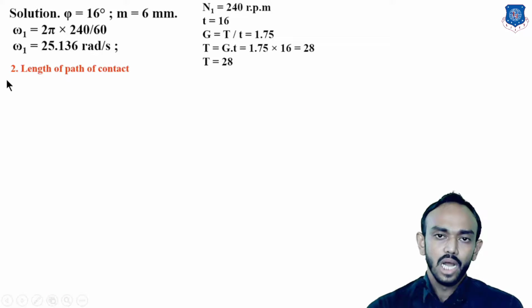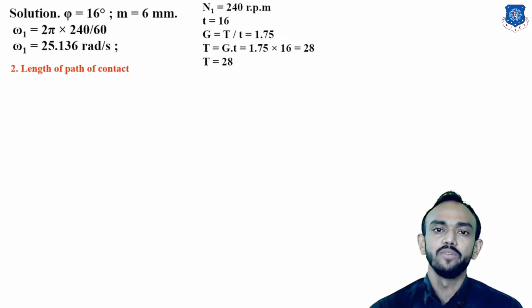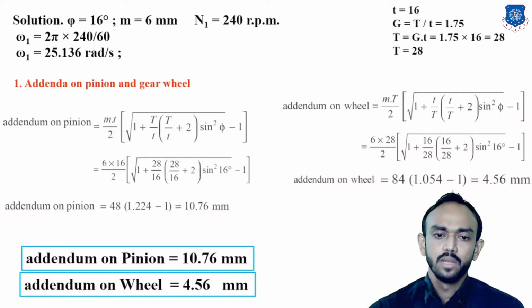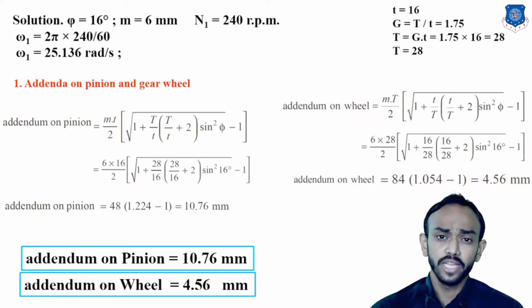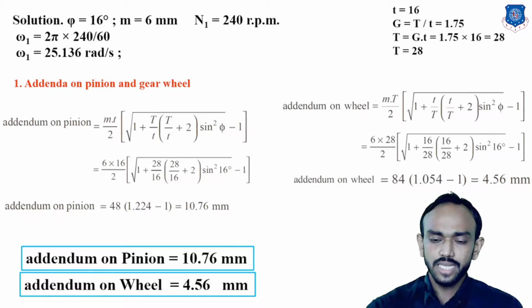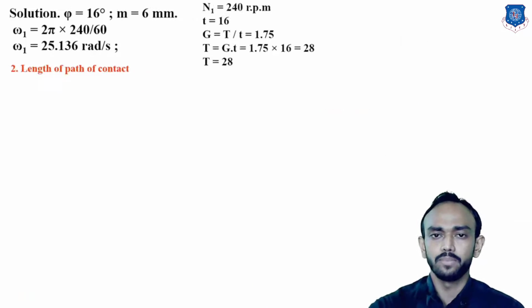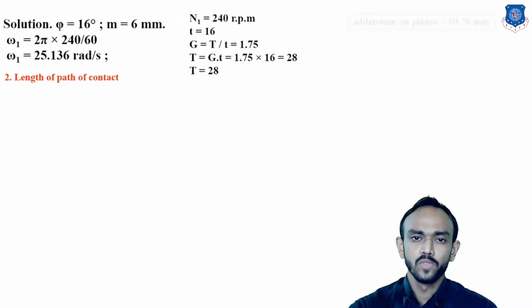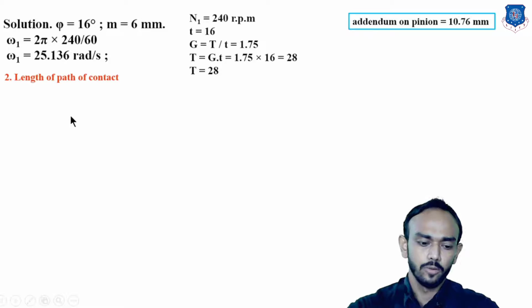So first of all, up to this point our example is new. Now the same procedure will be followed: KP, PL, KP plus PL, arc of contact, contact ratio, angle turned by the pinion. All other data can be asked, because this is the new portion in interference. After that, all examples will be the same: find the KP plus PL, find the arc, find the contact ratio, find the angle turned by the pinion, find the maximum velocity. So this type of data can be asked, but after this point the same procedure will always be followed. Like we have to find the length of path of contact.